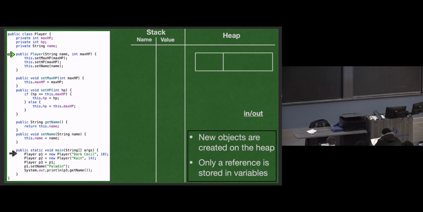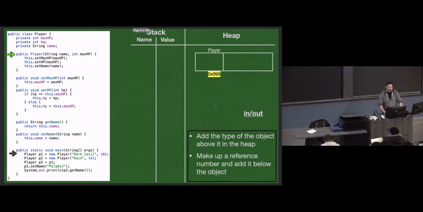We're going to put a solid box separated into two columns, and just like everything else we've seen in memory, there's a split into the names of our instance variables and then the values in those variables. Then we're going to put the type of the object above the object on the heap and the reference to the object below the object on the heap. And so we're creating a new Player. So we're going to get an object of type Player and then a reference